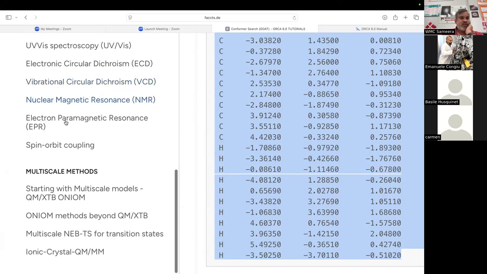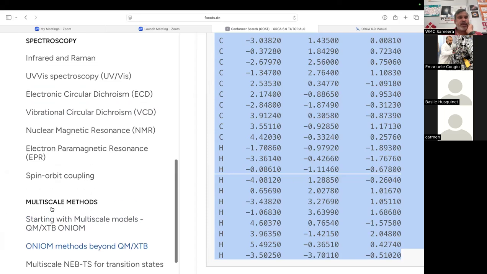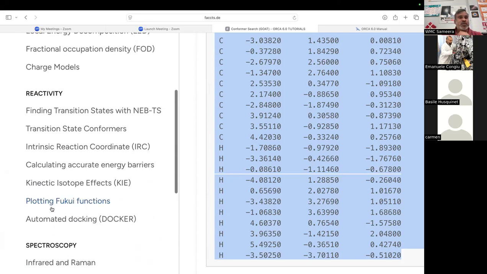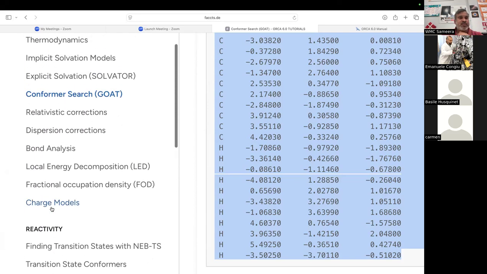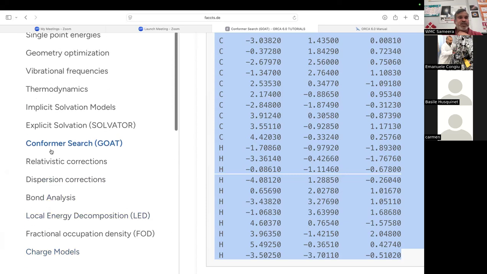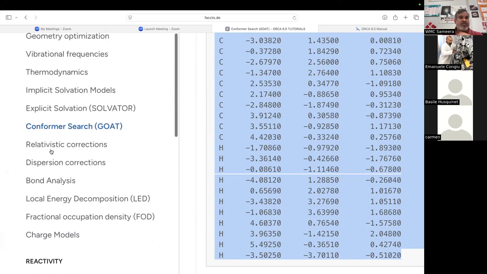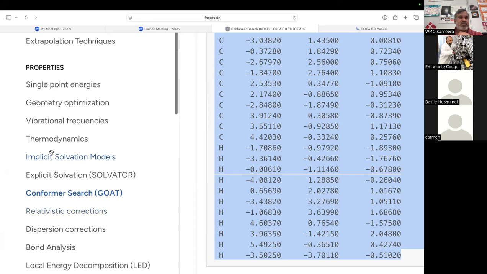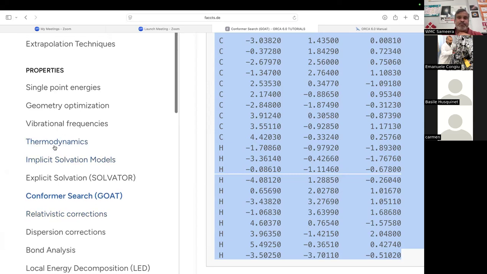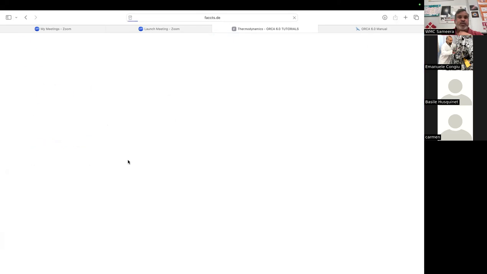And I will also talk a little bit about these multi-scale methods, how to run hybrid computations using the ONIOM method. And I will also discuss a little bit about conformational search, and maybe, depending on the time, we can think about some other topics. So to start,